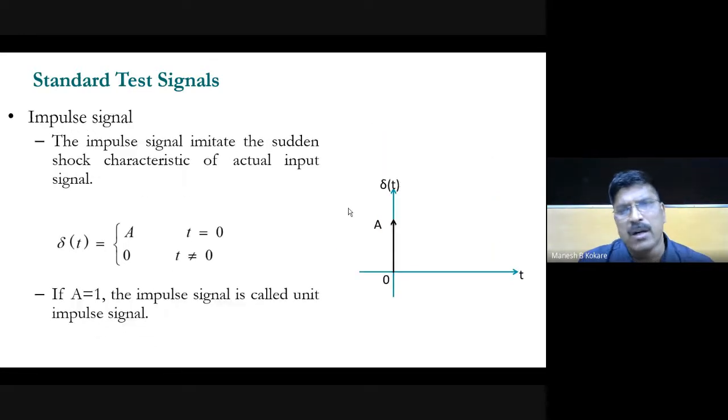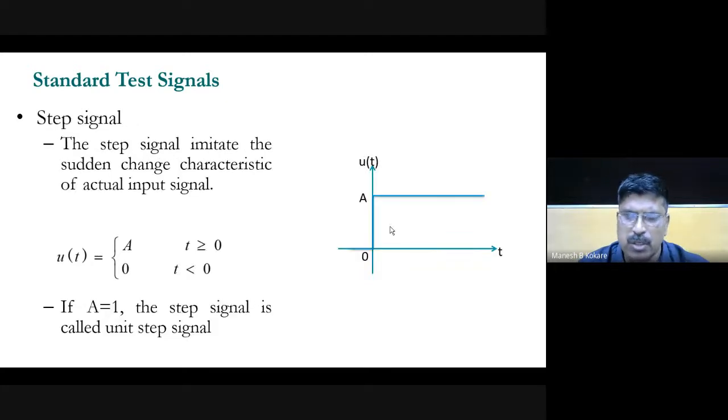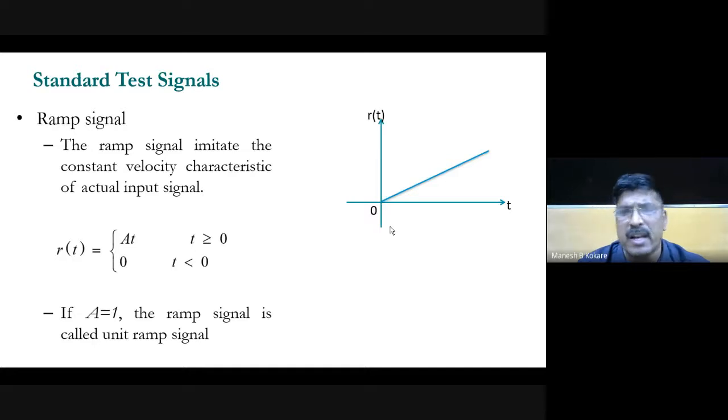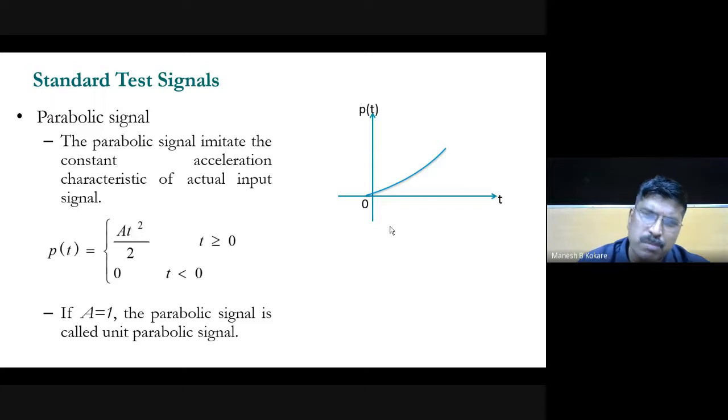Or if you integrate the impulse signal, the integration of the impulse signal is nothing but the step signal. Similarly, if you integrate the step signal, you will get the ramp signal. If you integrate the ramp signal, you will get the parabolic signal. Or if you take the derivative of the parabolic signal, you will get the ramp signal. If you take the derivative of the ramp signal, you will get the step signal. If you take the derivative of the step signal, you will get